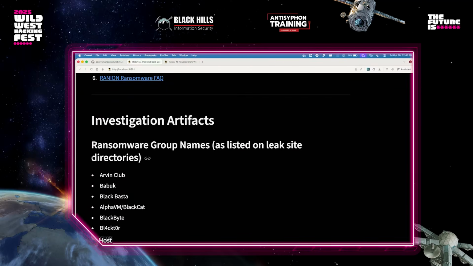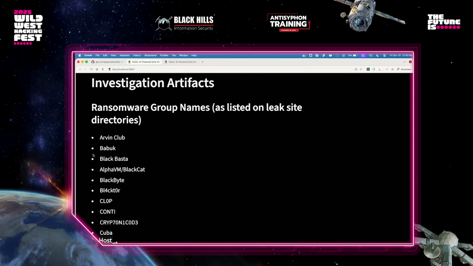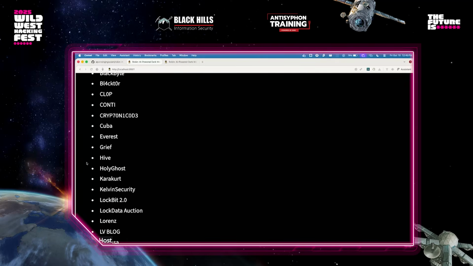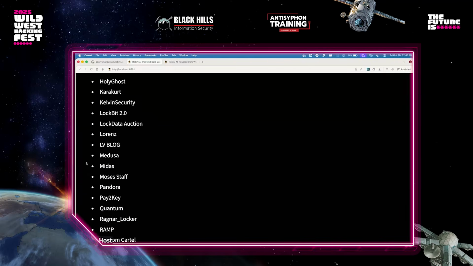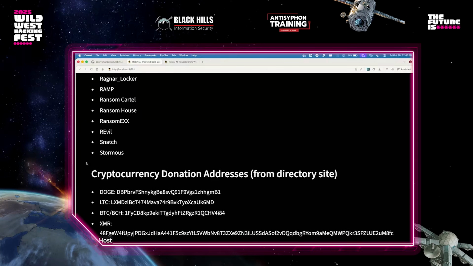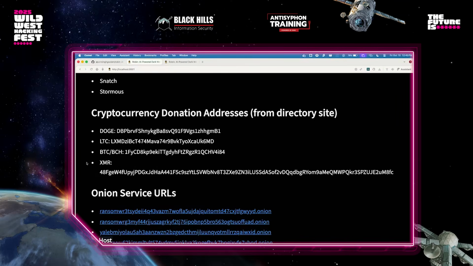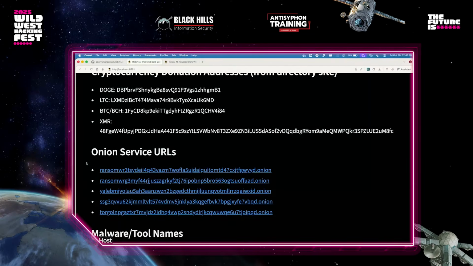So in this, you can see all the ransomware group names, at least not all. It's just the ones it referenced, the sites it went through. So you can see most of the recent ones. Some of them are not active at present. Some of them still are. Some of them still have their leak sites. And then all the crypto addresses it could find from these sites. In this case, it found 434, and the actual onion URLs also.